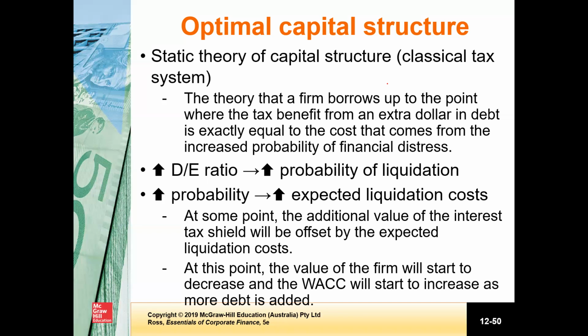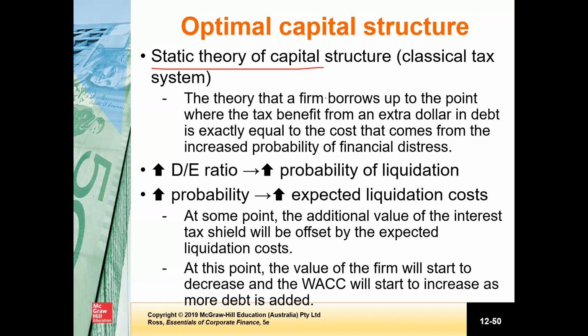Dividend imputation changes our ideas on the use of debt to some degree. However, the major assumption that all shareholders can use franking credits and firms can pay 100% franked dividends distorts reality. Many large firms earn income overseas and have international shareholders who are unable to use the franking credits. So taking these into account, we therefore concentrate on the classical tax system first and then look at the effect of imputation. So to start the optimum capital structure theory, first of all, the static theory of capital